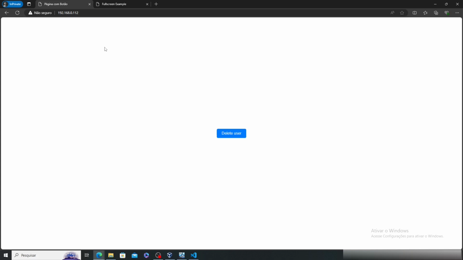Let me show you guys. We have here my web application. It's hosted here on my local machine, and we have a delete user button. It's a sensitive action in a web application, and basically